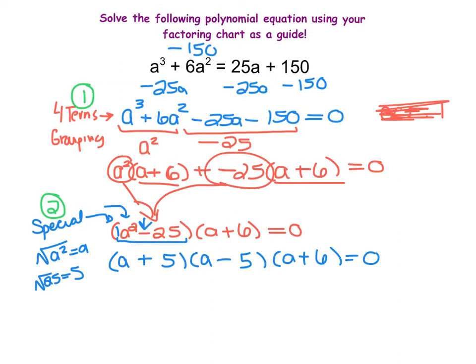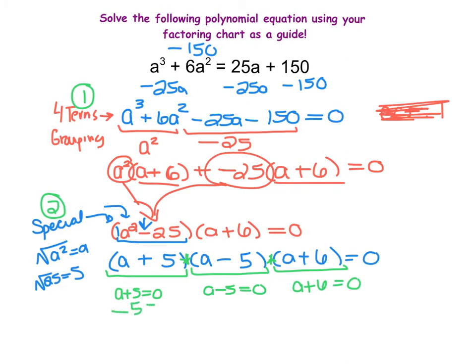And what I notice now is that all of my a values do not contain an exponent that's bigger than 1, and I notice that I have everything being multiplied, and that equals 0. So here I have an application of the zero product property. So I'm going to take each little part and set it equal to 0 to figure out what values for a will give me 0. So I start by subtracting 5 here,